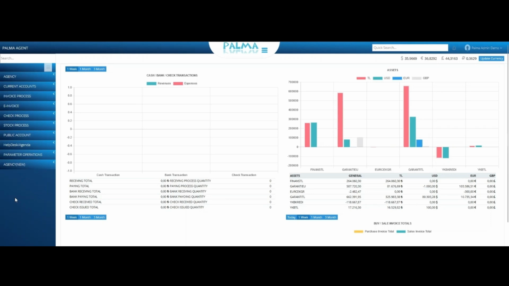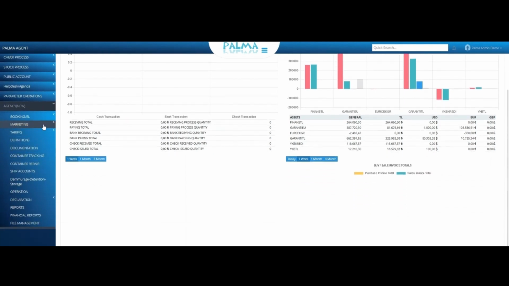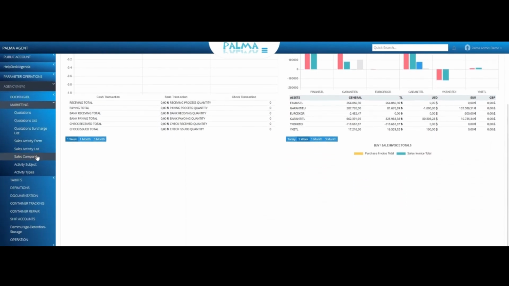Sales interview form entry. In the agency news section, where you can specify the details, necessary notes, and important points of your meetings with your customers and design them according to yourself, you can find the sales activity form, sales activity list, sales company, activity subject and activity types modules